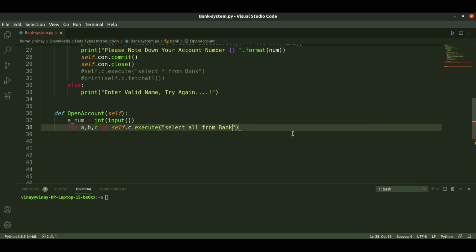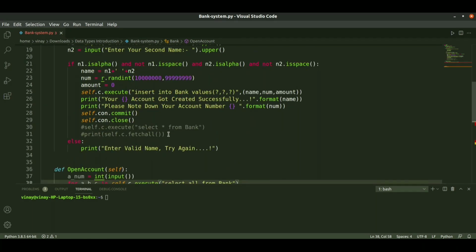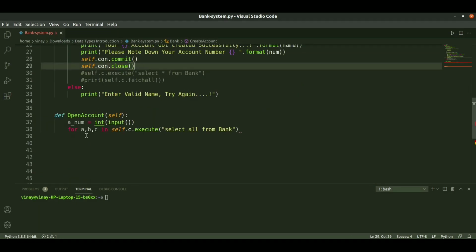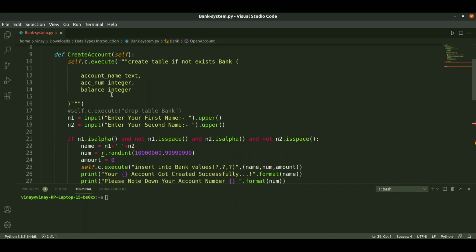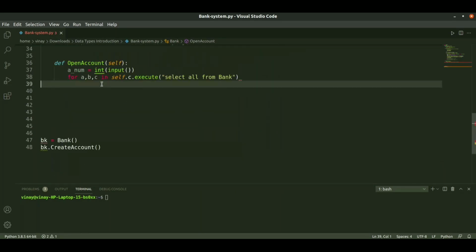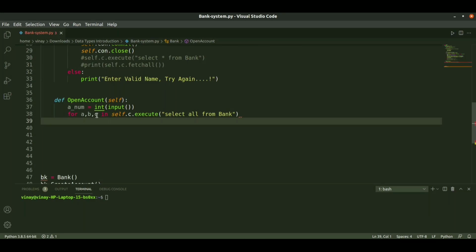This is similar to what we checked here, fetching all the values. Here we are doing the same operation: we are selecting all the values and unpacking this tuple, which is in the form a, b, c. Here a will hold the account name, b will hold the account number, and c will hold the balance. So the values will get unpacked here,